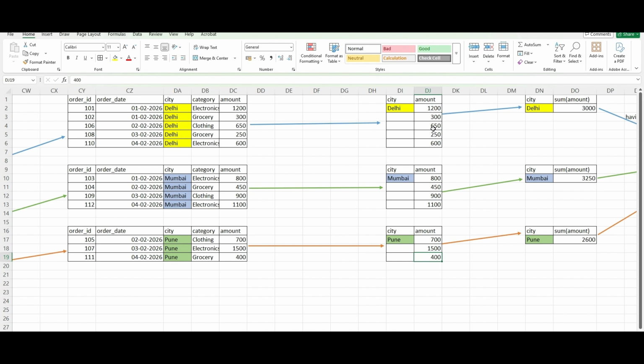Now you have to sum all these amounts to reach a final row for Delhi. You can say that okay, for Delhi this is the total sales, for Mumbai this is the total sales, and for Pune that will be the total sales. That way we are getting it here. So it's summing up all the Delhi values, and we come to a final result that in Delhi there is a total of 3000 sales done. For Mumbai, you sum up all these values and come up with 3250 sales. Similarly for Pune we are calculating 2600. Once we have calculated the total sales for each group, that is SUM of amount,